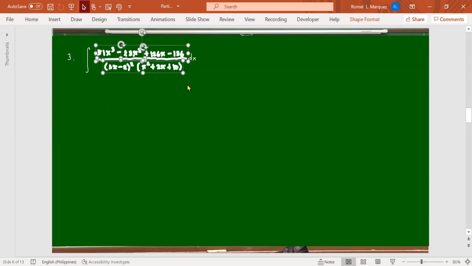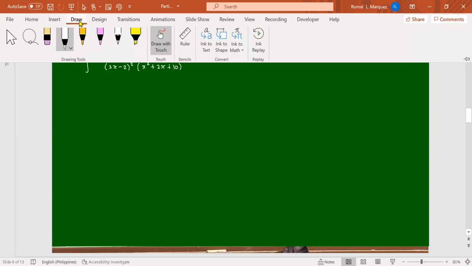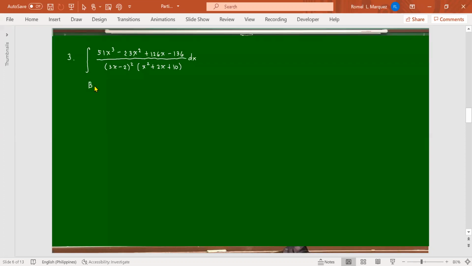So again, let's check if this denominator is under case 3. But of course, before that, the degree of the numerator is 3. The degree of the denominator is 4. So that is proper. So we can apply partial fraction decomposition immediately, because if it is improper, you have to divide first before you can perform partial fraction decomposition. So by partial fraction decomposition,